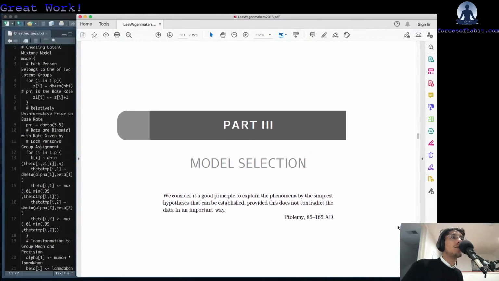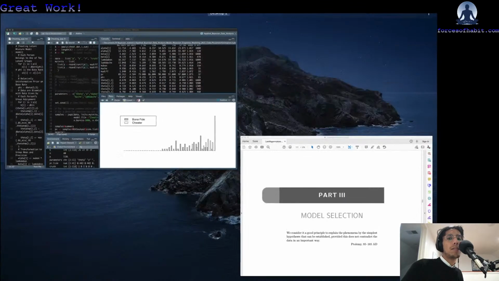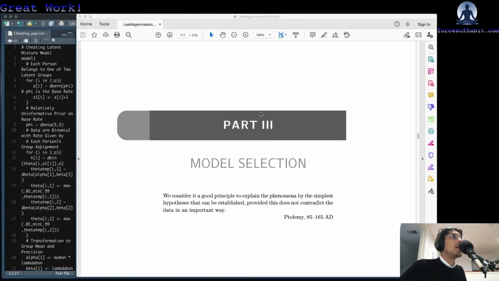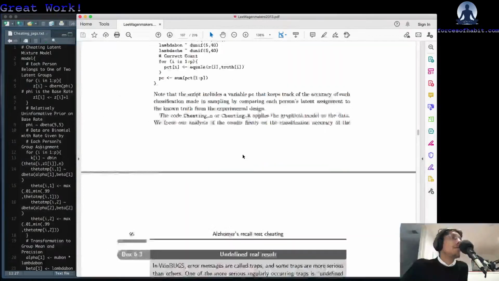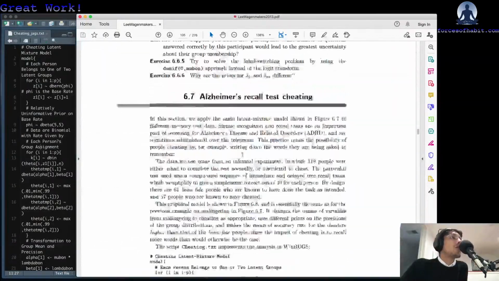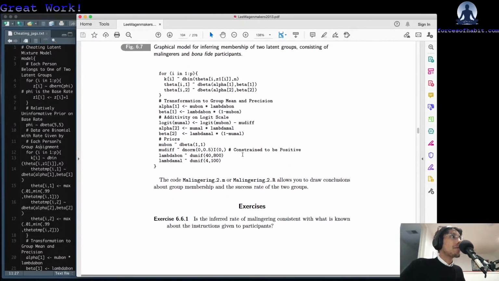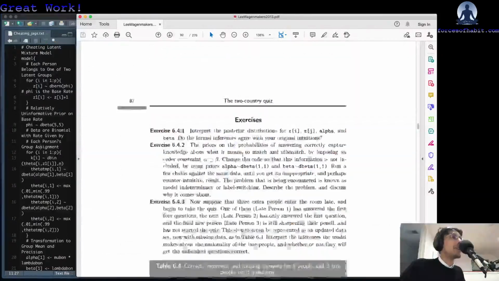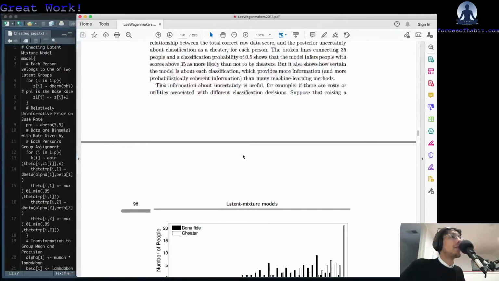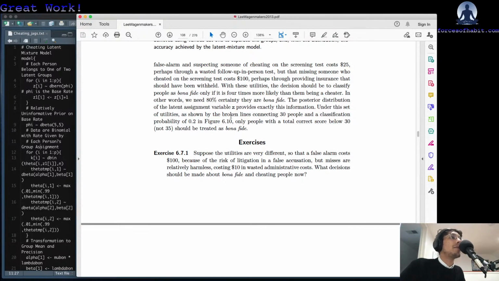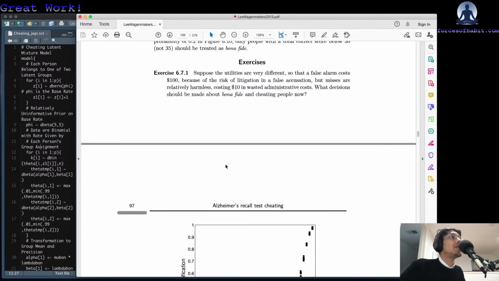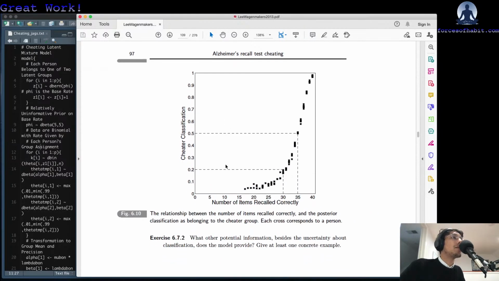Nice. Model 2, part 2. All right, so we've made it to the second section, or the part 3, the third section of the book. So we've made it all the way through parameter estimation, going through latent mixtures. We went over some traditional data analysis problems that we might encounter, as well as just inferring rates. So now that we've gone through how we can estimate parameters that are informative with respect to our research question,